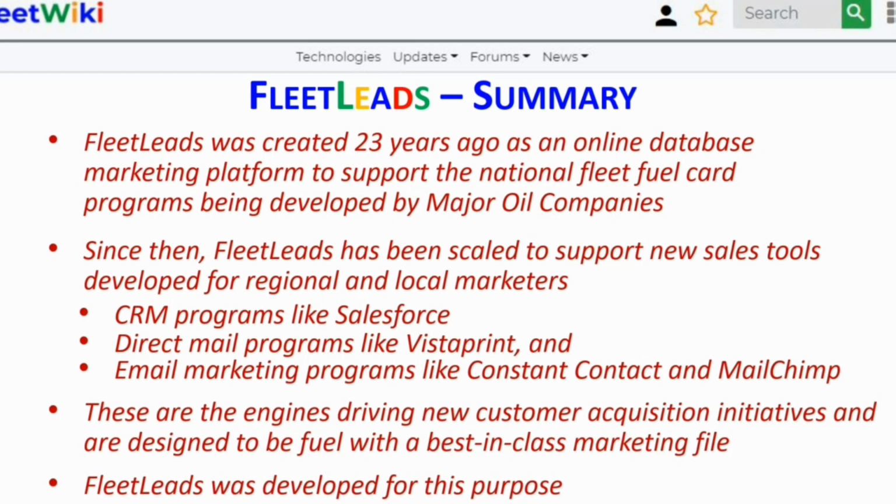FleetLeads was created in 2000, as an online database marketing platform to support the national fleet fuel card programs being developed by major oil companies. Since then, FleetLeads has been scaled to support the new sales tools developed for regional and local marketers, including CRM programs like Salesforce, direct mail programs like Vistaprint, and email marketing programs like Constant Contact and MailChimp. These are the engines driving new customer acquisition initiatives today, and are designed to be fueled with a best-in-class marketing file. FleetLeads was developed for this purpose,